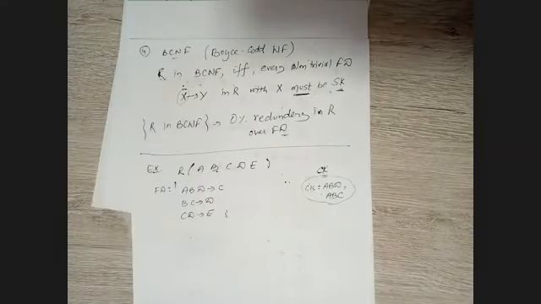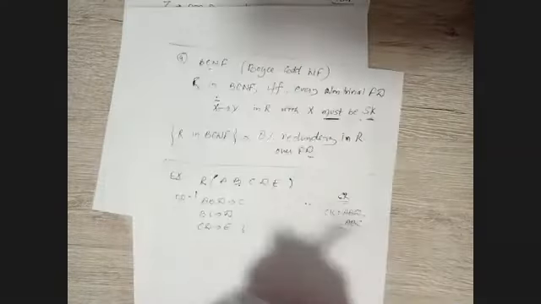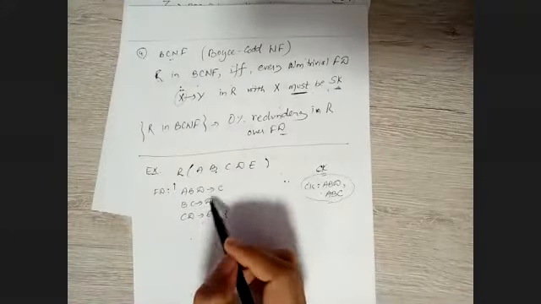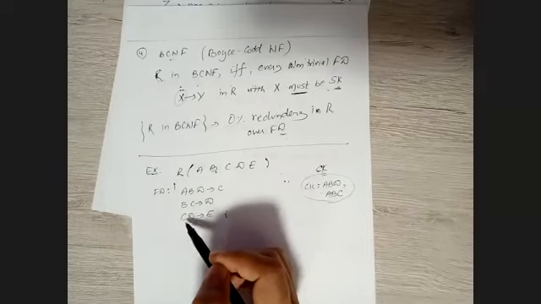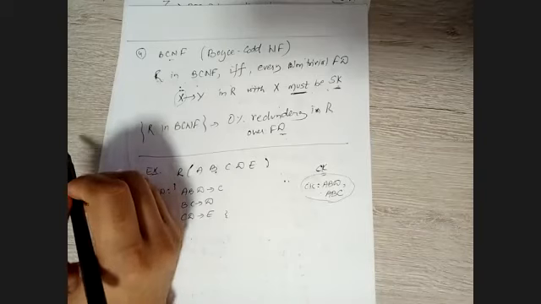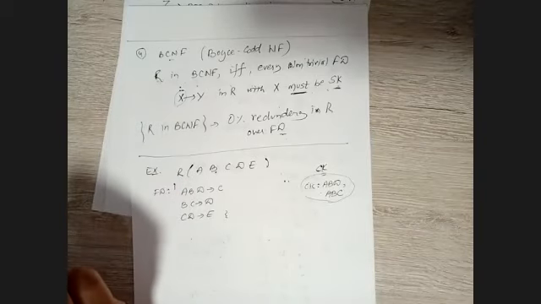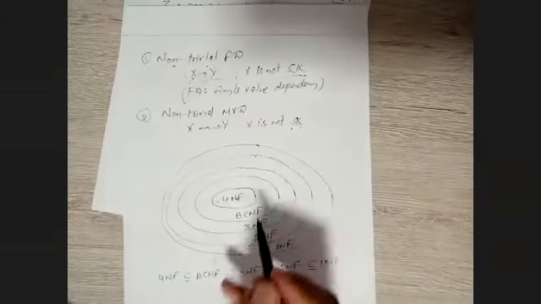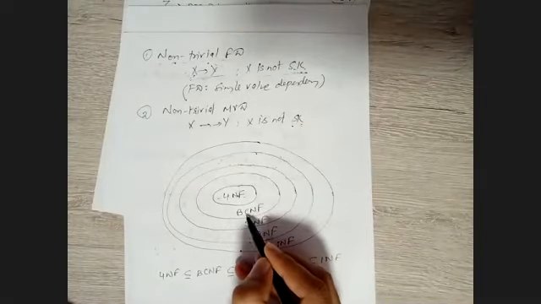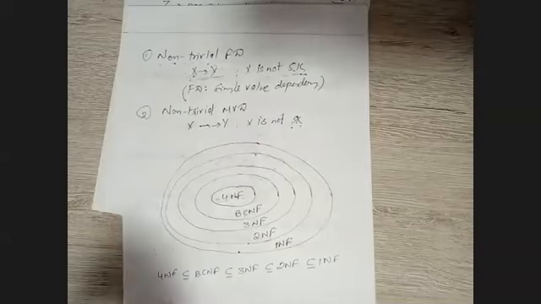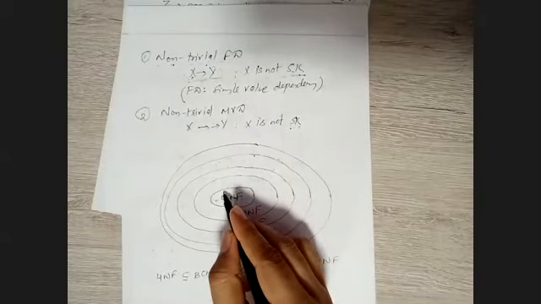Let's say we find the relation is in BCNF, I mean the functional dependencies are in BCNF. There is no need to check for 3NF and 2NF. By default, they will all be in 3NF and 2NF. This is what we saw in the very beginning. If it is in BCNF, it will cover all these functional dependencies. Now let's find the highest form.